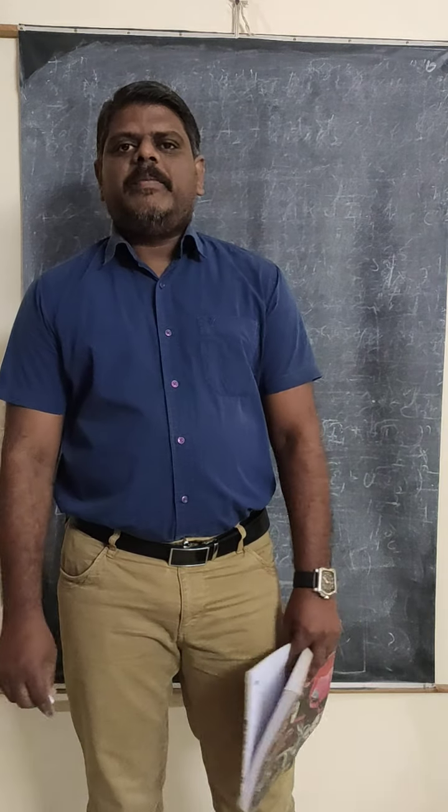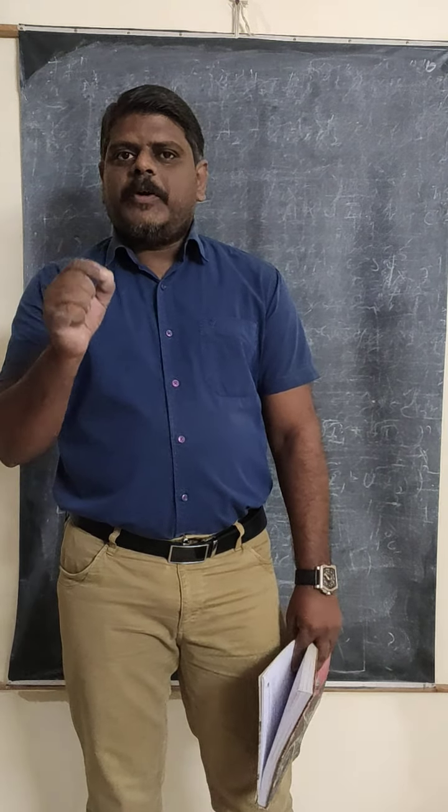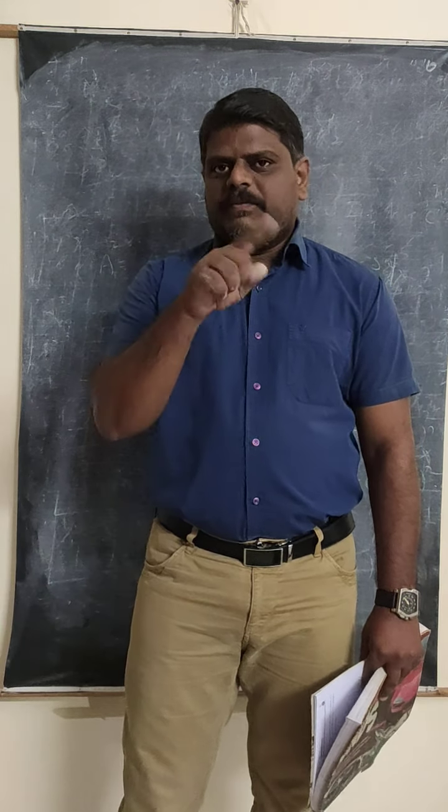So yesterday we discussed the condition. If two wavelengths are used, the bright bands produced due to the two wavelengths will coincide at a particular point. Then the condition is n1 lambda 1 equals n2 lambda 2, and you have to find the distance by n. Before that, first we have to find the n1 value and n2 value. Then it will be easy to find the answer.